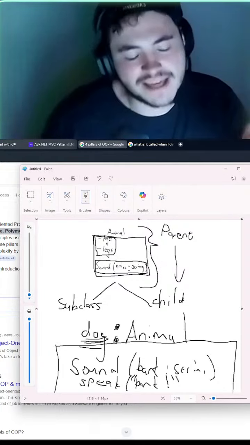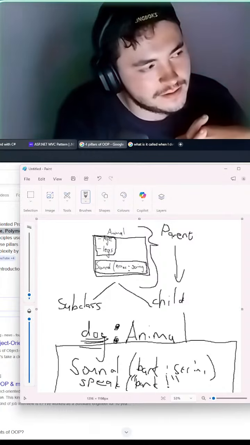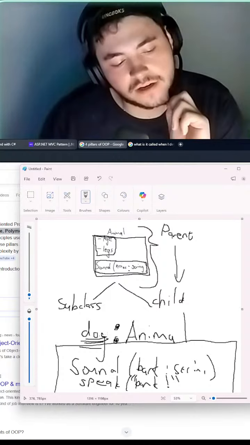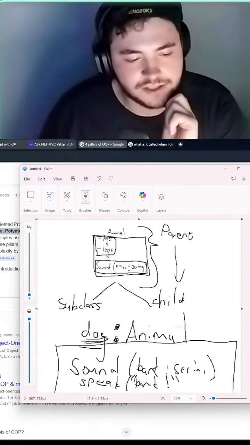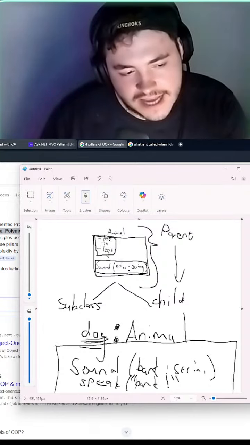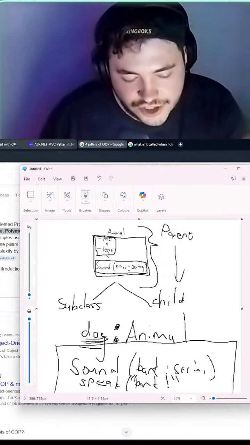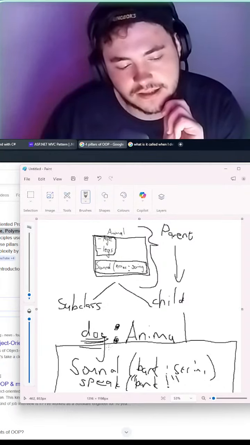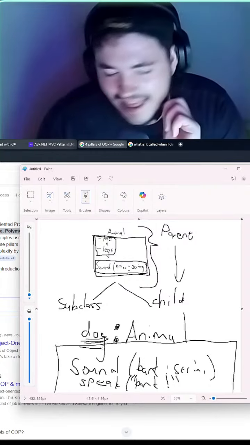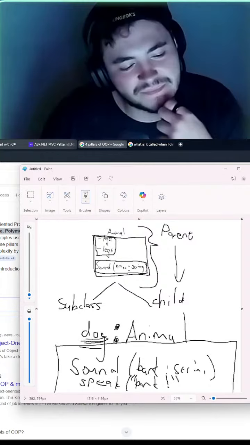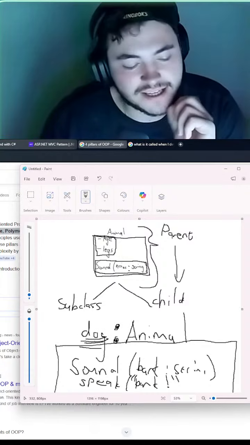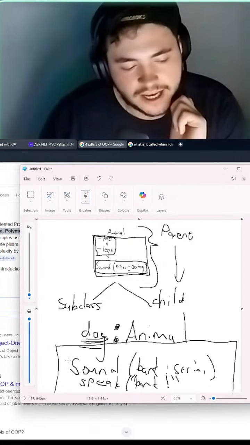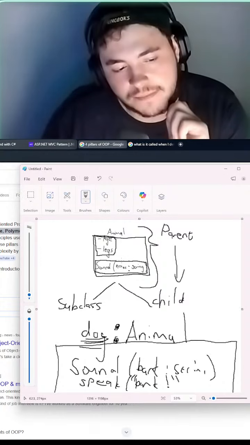So anyway, we're back into it. We just defined a subclass or a child class with the animal extension, right? We determined now that these attributes, age and legs, already exist in the dog class, and it is an extension of the animal. And what we defined here is called an abstract method.